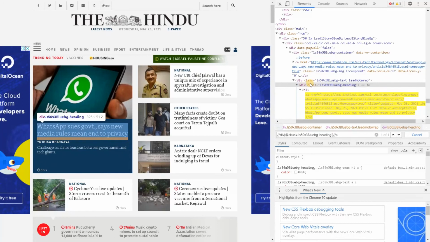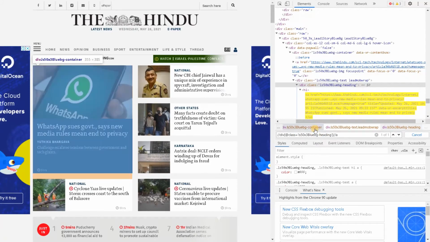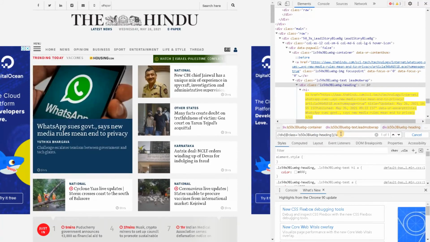So in the div tag with the class name of this particular string, get the anchor tag. Like that, I have created an XPath. So using this also, you can get the XPath dynamically. So even here, you can see